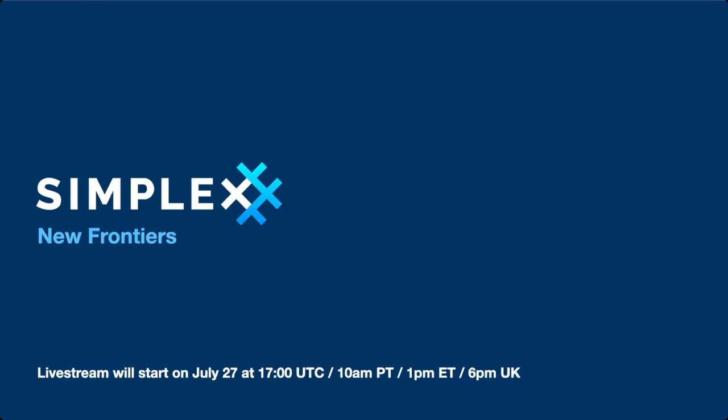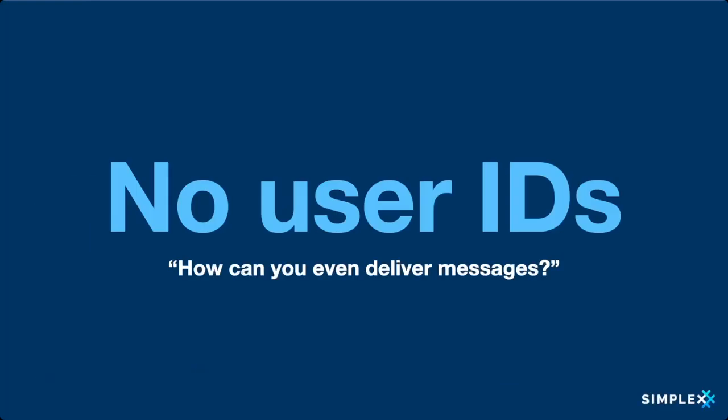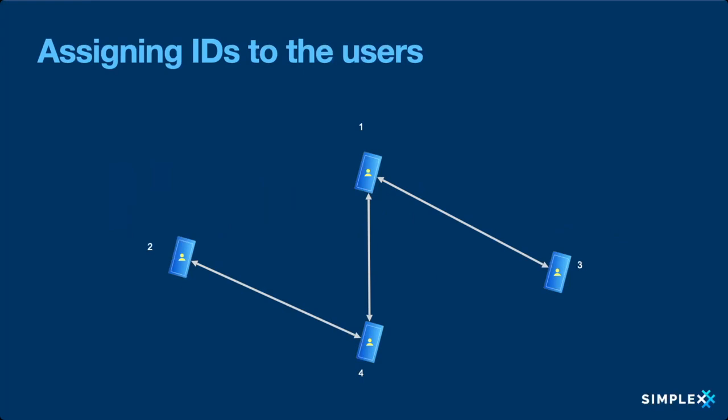As promised, we will talk about different things, but I'll start from what is SimpleX Chat and why we built it. So SimpleX Chat is probably the only platform, or at least the first one, that works without any kind of user identities. And the question we usually hear is how you can even deliver messages if users don't have identity on the network. The classic network design is to assign identifiers to some users, and that's how messages are being delivered. And we decided to do it differently.